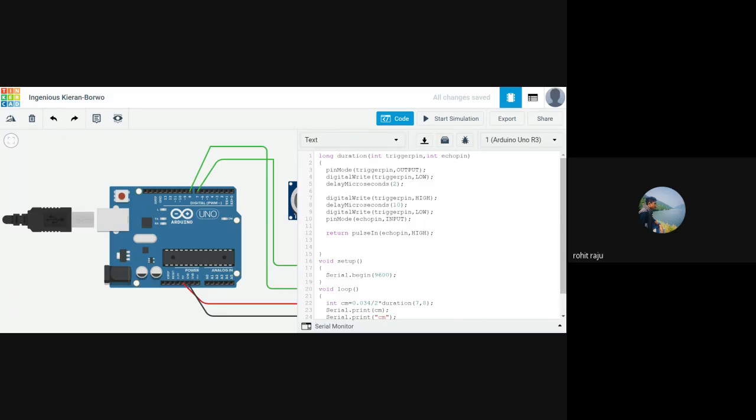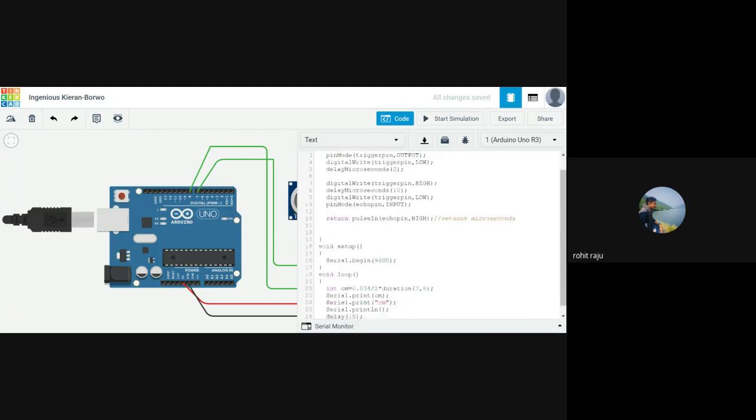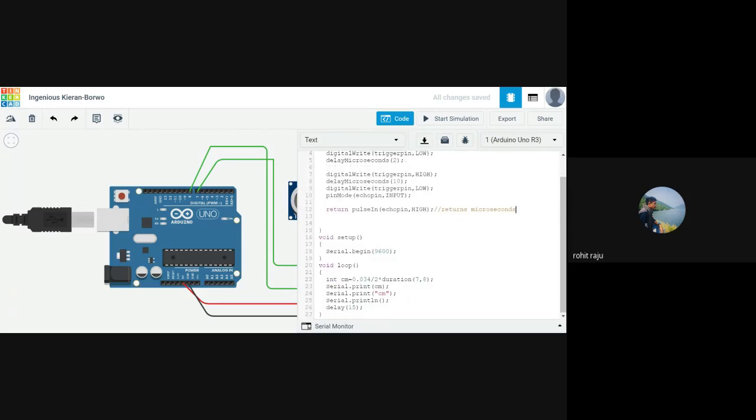This function returns a value. So we get some value here. It returns microseconds. So some value in microseconds gets substituted here. That is exactly the time for the echo pin to go from low to high, and this goes here. So instead of this duration, we'll get our answer here. This calculates everything and gives our answer. This gets multiplied and gets stored into centimeters, and we are printing that centimeter value into the serial monitor right here.